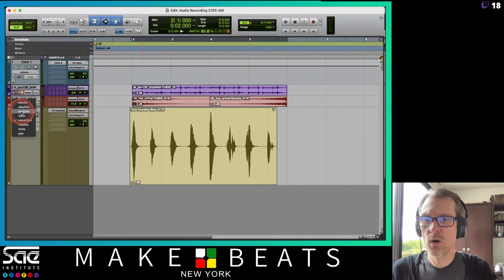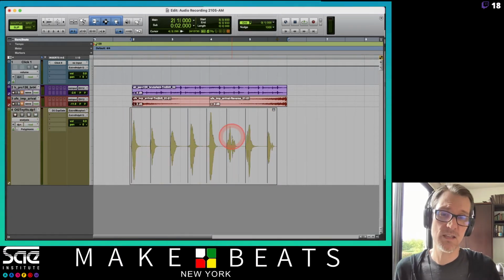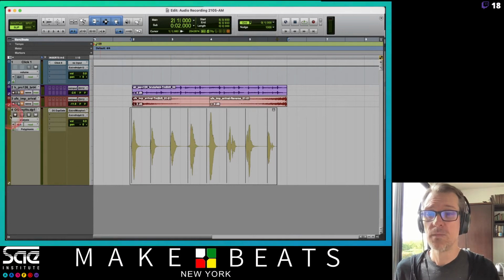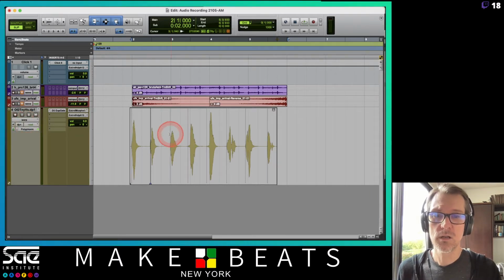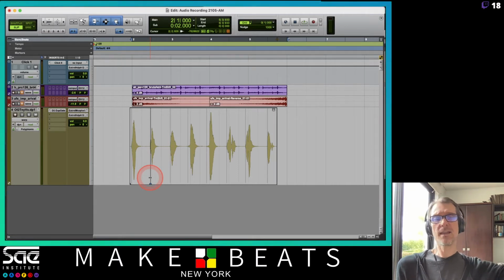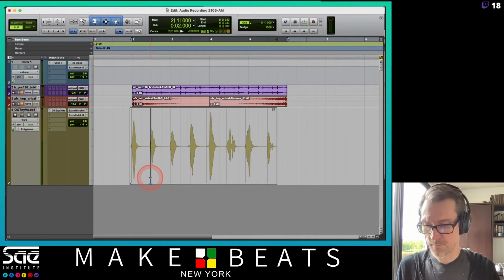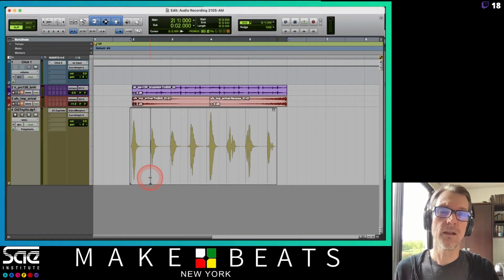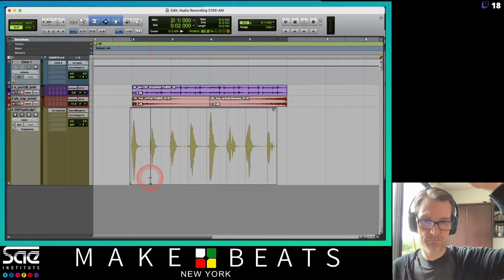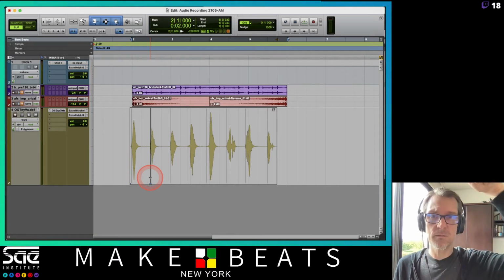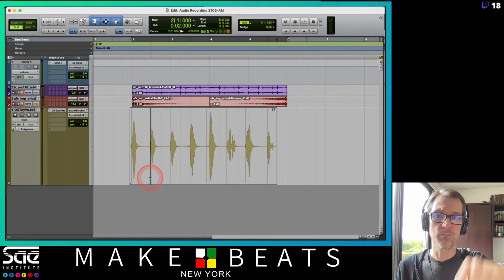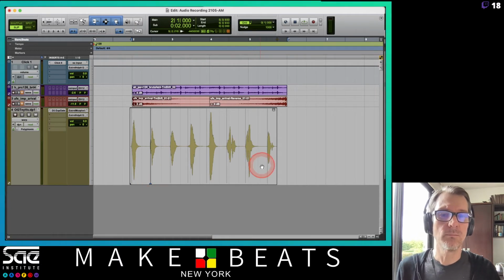And so analysis shows me where my transient markers are. Basically, it's like where if you want to put a warp marker type of thing. And then warp mode is where I'm actually putting my warp markers in. Now the warp marker in Elastic Audio, same thing with warp in Ableton Live and Flex in Logic. The warp markers in all of these are basically like locking in that part of the audio to that part of the grid. Okay, so over here, if I lock this one in by double clicking it,